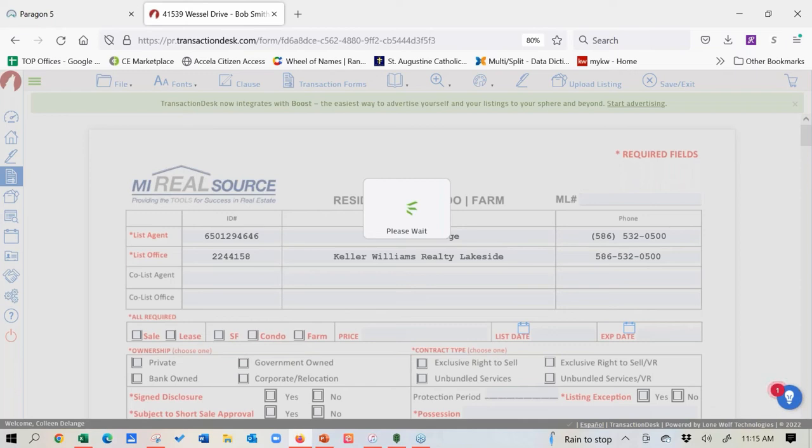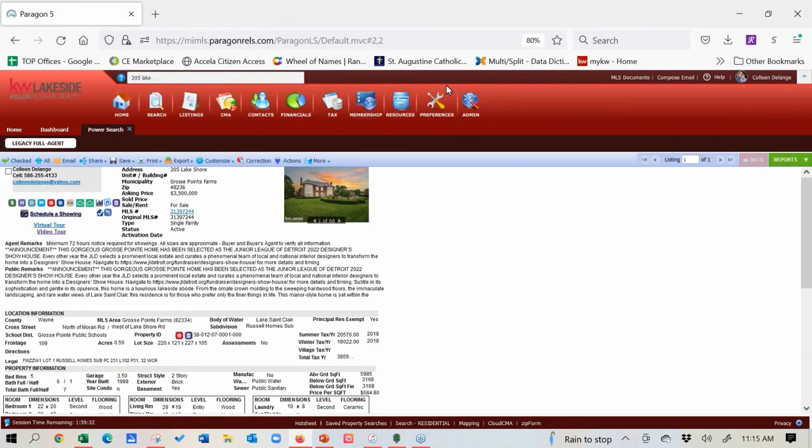Now, I have to be honest, I love it when brokers make their own packages ahead so that if you've got 20 agents in your brokerage, the last thing they want to do is go in and make 20 packets, right? So brokers can actually make their listing packages or their sales packages for the agents. And it certainly keeps the repetitiveness. Plus, it makes sure that they're using the broker appropriate forms. So if a broker has mandatory forms that they want turned in, this ensures that that broker has all the mandatory forms already set up. Looks like I'm having a little bit of a slower internet connection. So I'm just going to go back